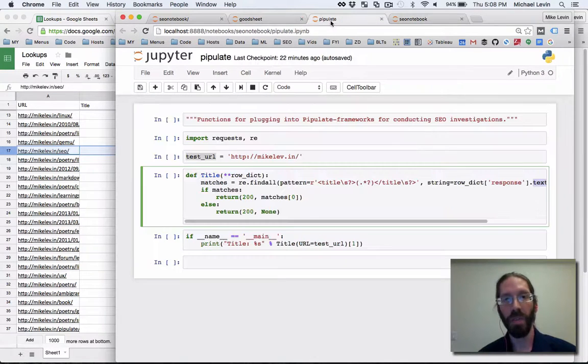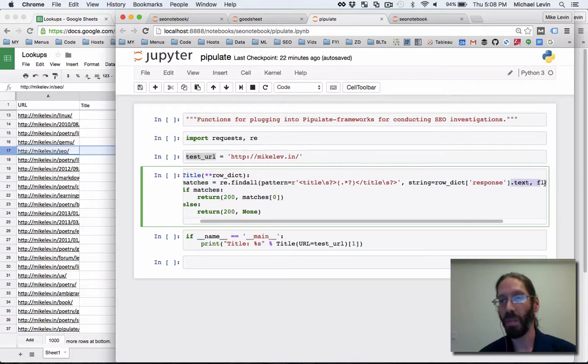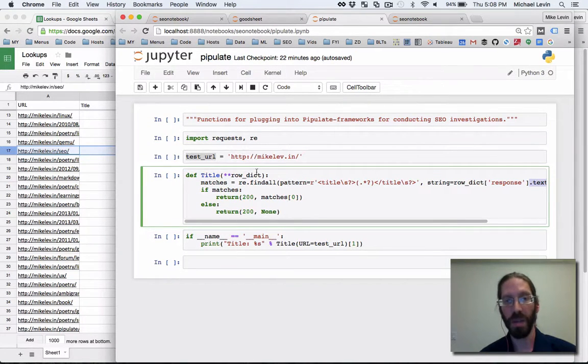And in that way now, functions can actually, just like they always did, pull in all parameters, but now instead of having the responsibility of doing all the HTTP work here just to get the title tag, it can just look directly into the response key of the row dict, and if you are parsing the HTML inside of it, the .text property, just like as you would if you had to use the request object in here. And so these functions, these Pipulate support functions, are going to be so incredibly terse, brief, and easy to read